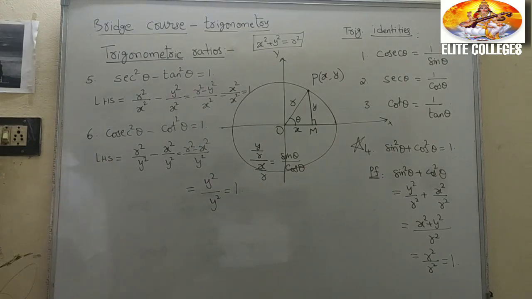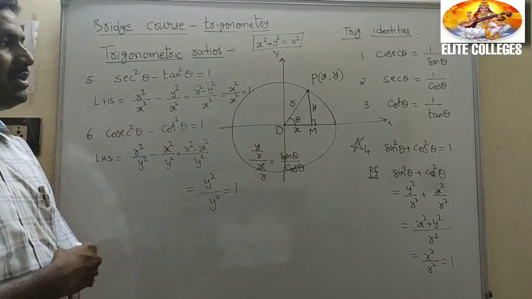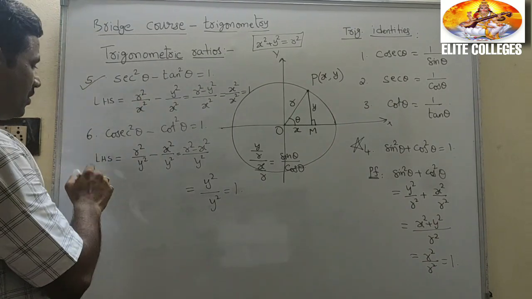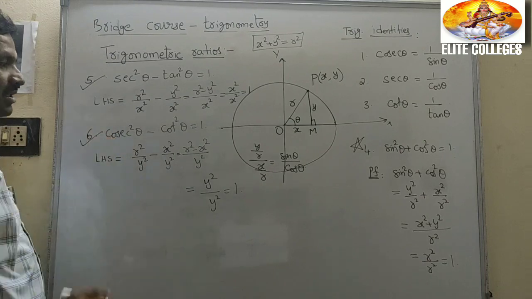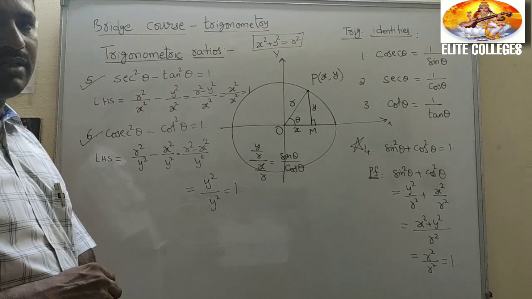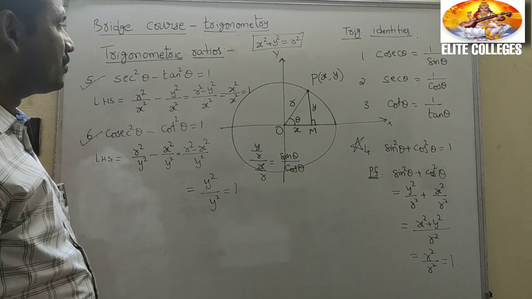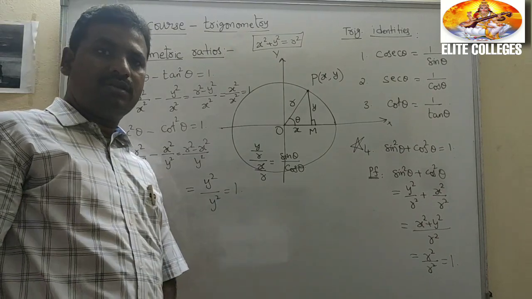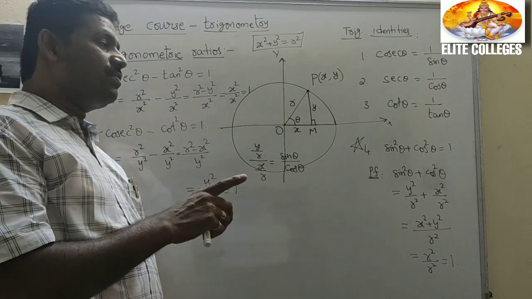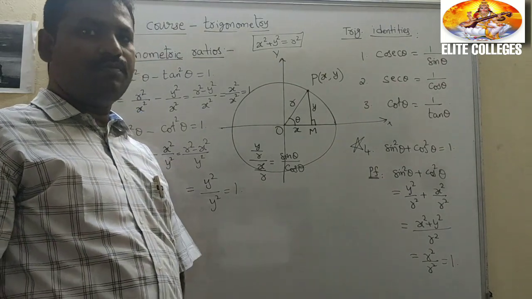So what are the trigonometric identities? We say these three only: sin square theta plus cos square theta equal to 1, secant square theta minus tan square theta equal to 1, cosecant square theta minus cot square theta equal to 1. These are the three important trigonometric identities. Okay students, understand these proofs also, how we prove these trigonometric identities. For every identity or every formula there should be a proof. Understand the proof. Thank you very much.